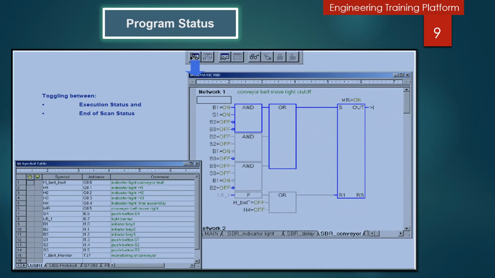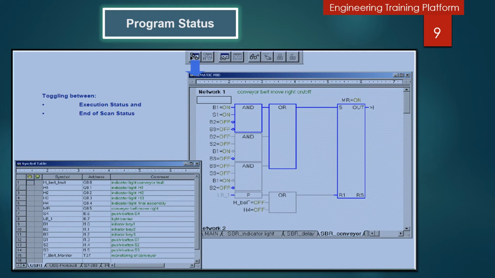Different ways of communicating the status in the program editor. There are two different modes of ladder logic and function block diagram program status data collection. Selecting the debug menu and then going to the use execution status menu command toggles the status mode check mark on and off. The status collection mode must be selected before starting the program status operation.